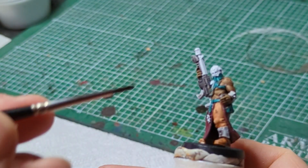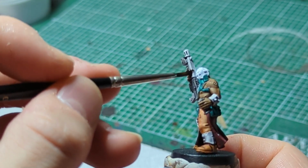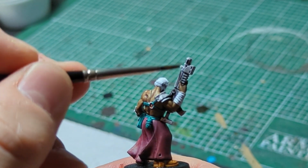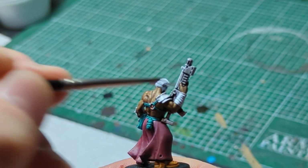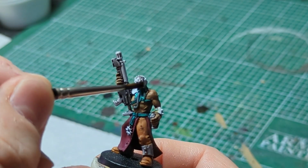And after that, I decided I had to finish off the weapon, so I decided to just water down the gray color, and hope that it would give me a kind of pale looking metal. And I don't think it really worked very well. If I was going to do this again, I would probably use the gray for some of the metallic bits, but then I'd go in with a metallic paint for the shiny parts, and then just hit it with a wash. It wouldn't take much more time than just using the speed paints,